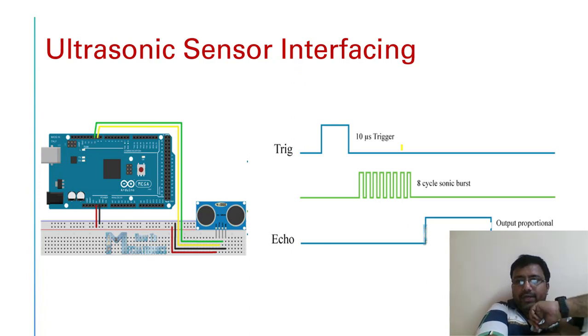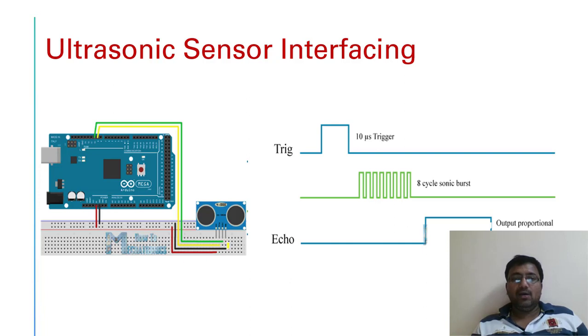So how are we going to interface this ultrasonic sensor with Arduino? Again, this ultrasonic sensor has 4 pins: one is VCC, second is trigger, then echo, and a ground. The trigger pin is a transmitter pin which transmits the information, and the echo pin receives it. So we need to configure these pins, one as a trigger pin and another as an echo pin. We have to give a plus 5 volt supply and a ground.